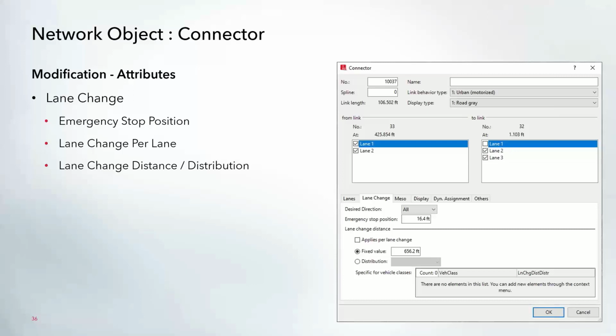So the emergency stop position is the location upstream of the connector. By default, it'll be set to about 16.4 feet. That means at 16.4 feet upstream of the connector, as the vehicle is traveling, if it can't make its left lane change and get into the appropriate lane, it will essentially stop at that point and wait until there's a sufficient gap in the left lane